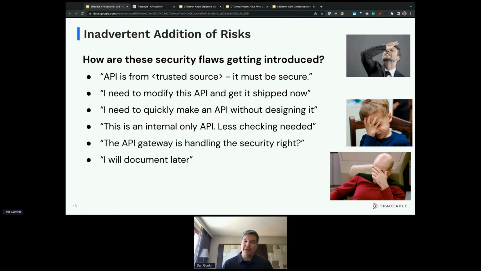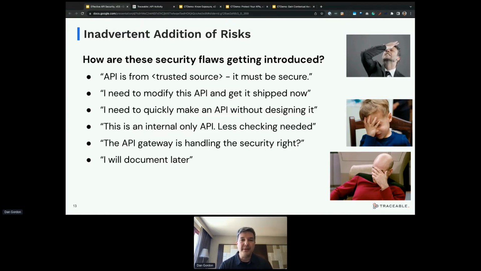And then, oh boy, I will document it later. We hear this a lot. Busy making features or capabilities. This happens not just with developers, it happens in ops and everywhere else as well. But this creates a situation where somebody might be making changes or using an API with incorrect assumptions or incorrect information about the API, like, for example, is it authenticated properly? So these are some examples of where we have problems and challenges that lead to these kinds of vulnerabilities that we're talking about.